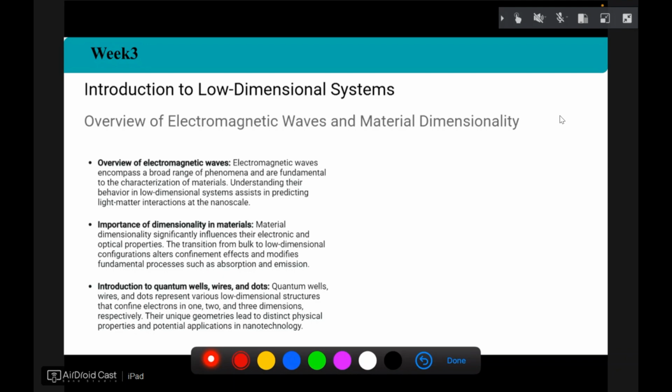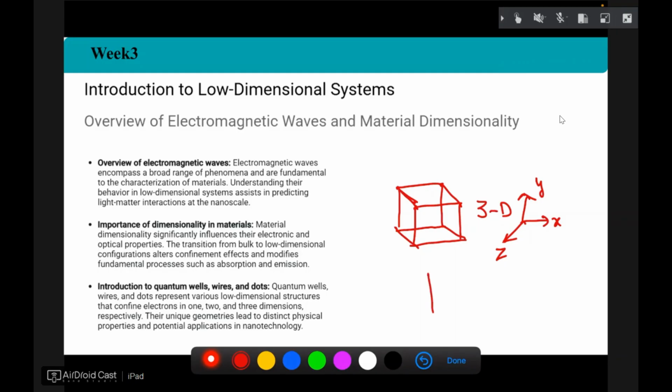If we talk about bulk material, when we're talking about 3D, let's suppose there's a cubic lattice. So it's a 3D system where electrons can move freely in all the three dimensions, in X, Y, and Z. So electrons in this cubic lattice can move freely in all the three dimensions, and if we confine the electron to move only in a certain plane,